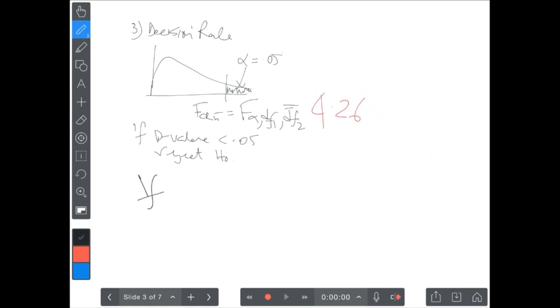So if the observed value of F is greater than or equal to 4.26, reject the null hypothesis. All right? So that's our decision rule. Now the fun begins when it comes to having to calculate those values, and this is where the formulas get introduced. Okay, so now we will go through and